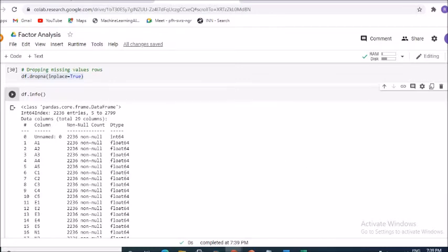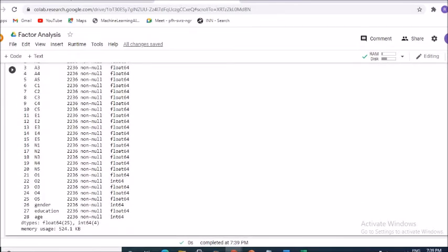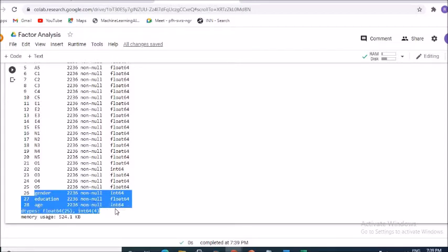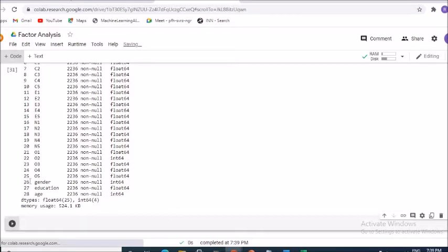Next, after that, they are saying dropping missing values rows. We know that we need to go ahead and somehow work with the missing values also. So the code for that would be df.dropna, wherever NA, meaning not available, is there, inplace equals true. That means identify wherever it is NA, we are giving the instruction to the machine to go ahead and remove them also, that is drop them. So this very nicely takes care of the missing values.